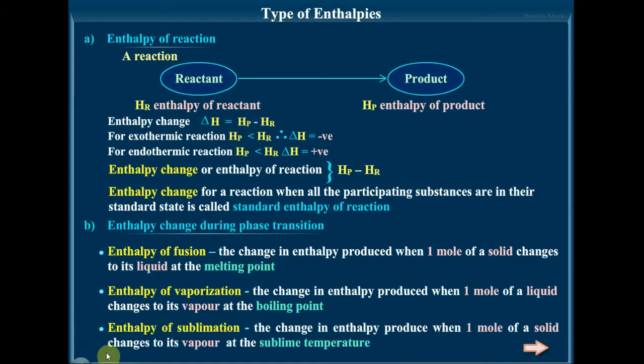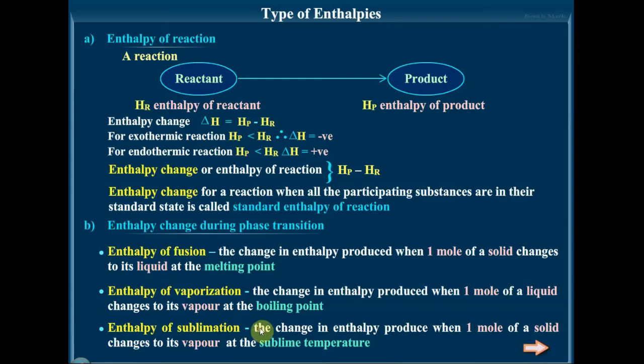Next is enthalpy of sublimation. What is sublimation? The process of sublimation you have learnt in your lower classes. The conversion of a solid directly into vapor without changing into the liquid state. So that is called enthalpy of sublimation. The enthalpy of sublimation is the enthalpy change accompanying the sublimation of, here also the amount is fixed, it is for 1 mole, of 1 mole of a solid substance into its gaseous state at a constant temperature below its melting point at the standard pressure.